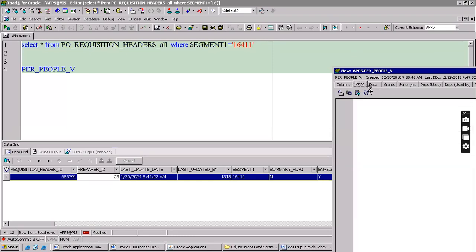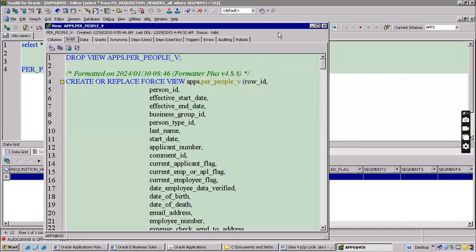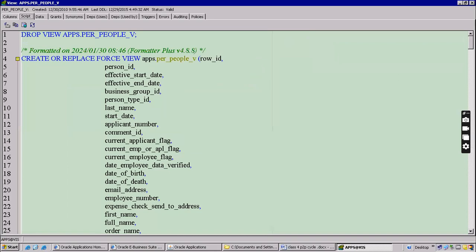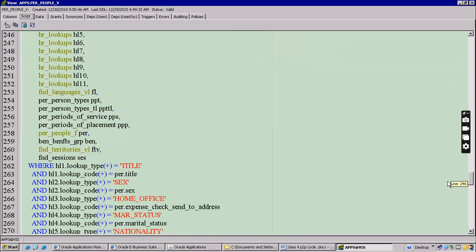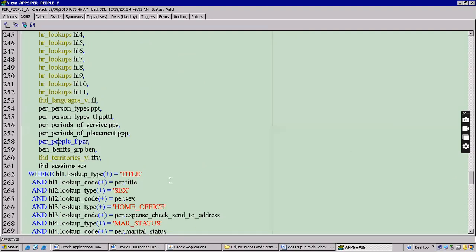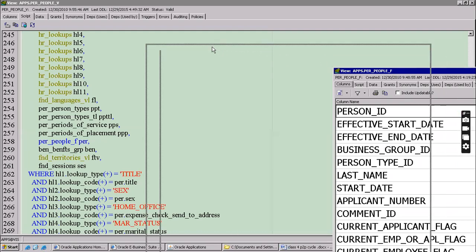script. Then expand this. And here is the place for all people F. Describe this.